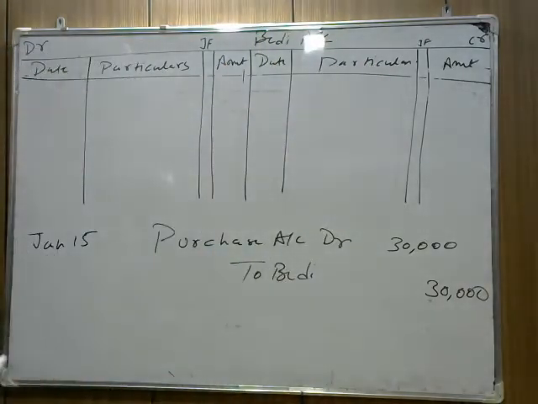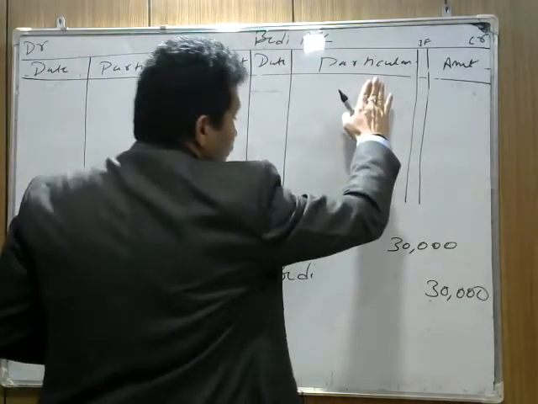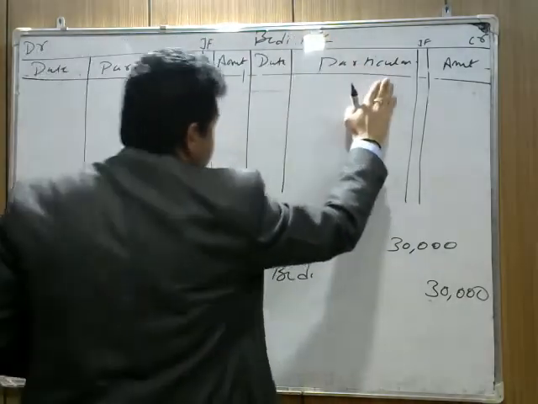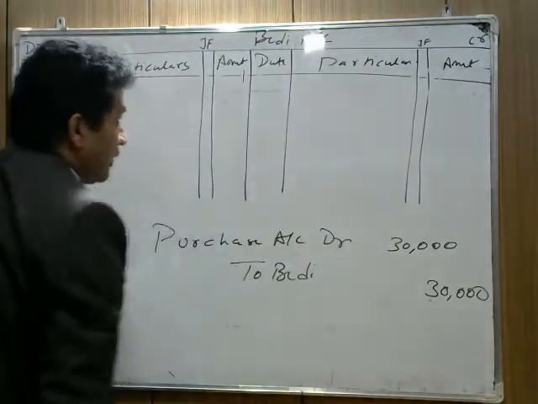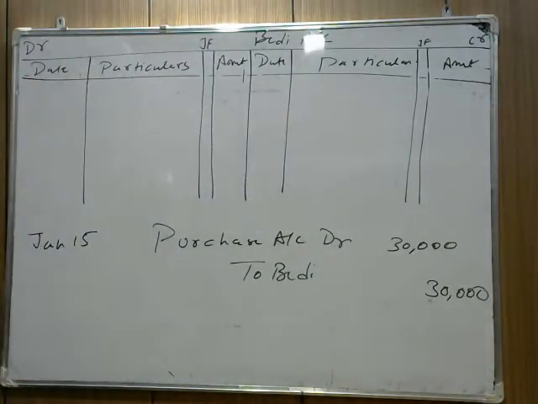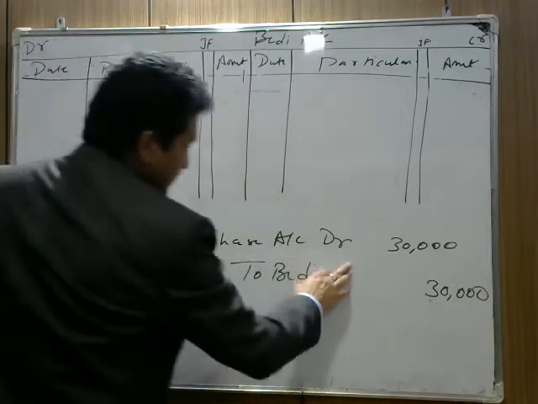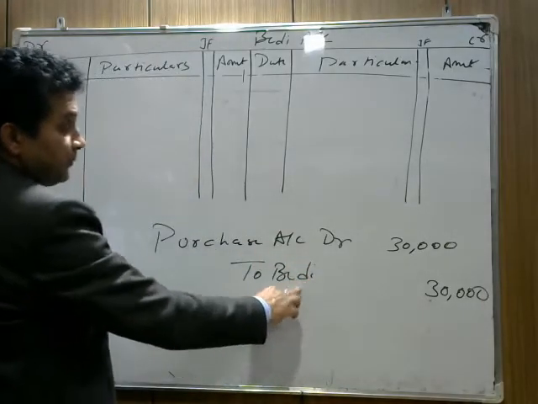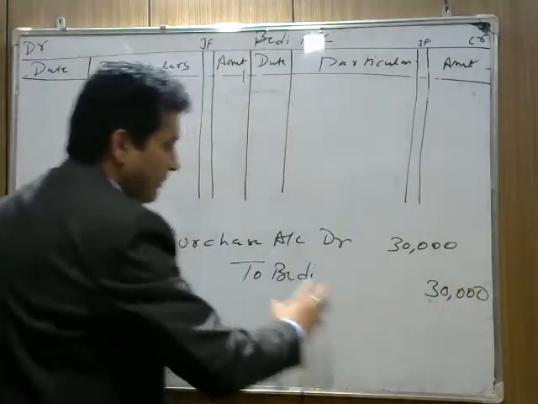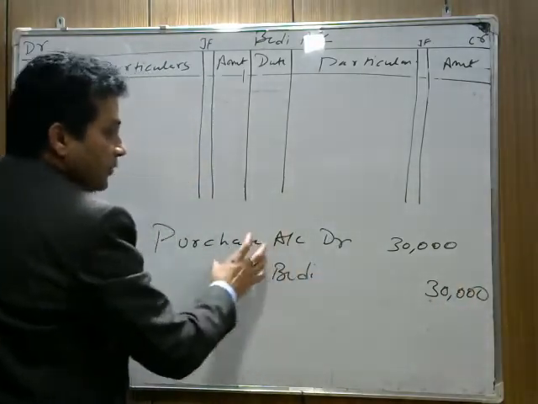Now here, the second thing. How you understand ledger totally depends on you. There are different methods. As I told you first, whenever liability increases, always credited. So we write "by purchase account" in Bedi because हम जिसका ledger बना रहे हैं, उसका नाम नहीं लिखते. Now the first thing, we purchased from Bedi. Bedi किस side है? Credit side. That means Bedi should be credited. हमें Bedi को credit करना है. Now how do we do credit?